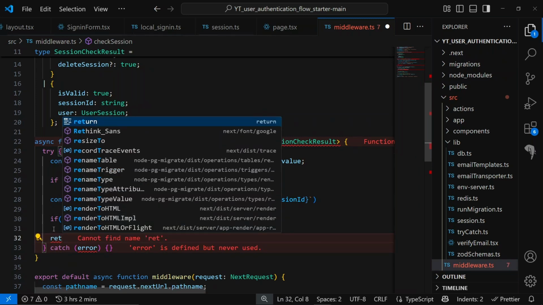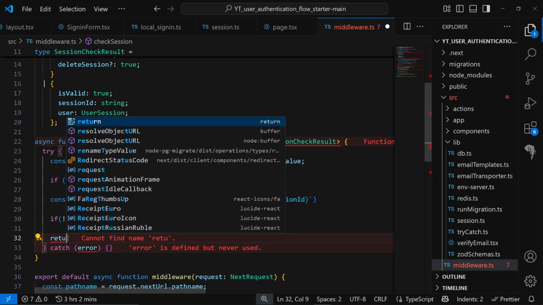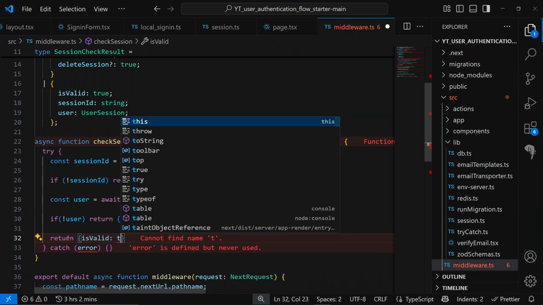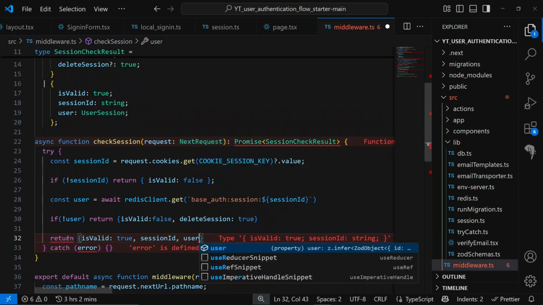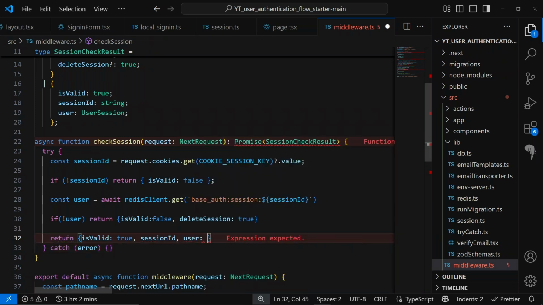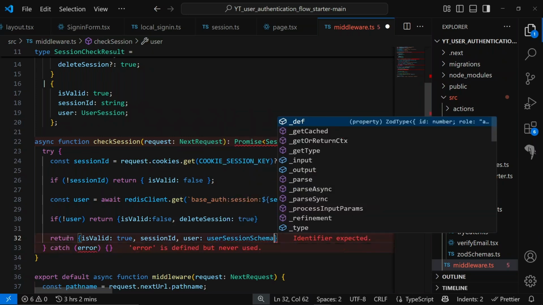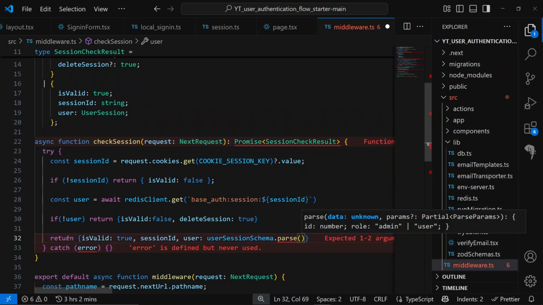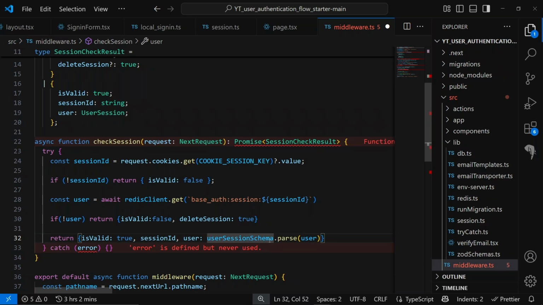So if the user is also available in our database, then we are going to be returning a valid session from this function. So we're going to have an object, isValid is going to be true. We also need to return the session ID, and we also need to return the user. So we are going to validate it using a schema, to ensure that the structure follows the structure we are using in our app. So we are going to parse it with the